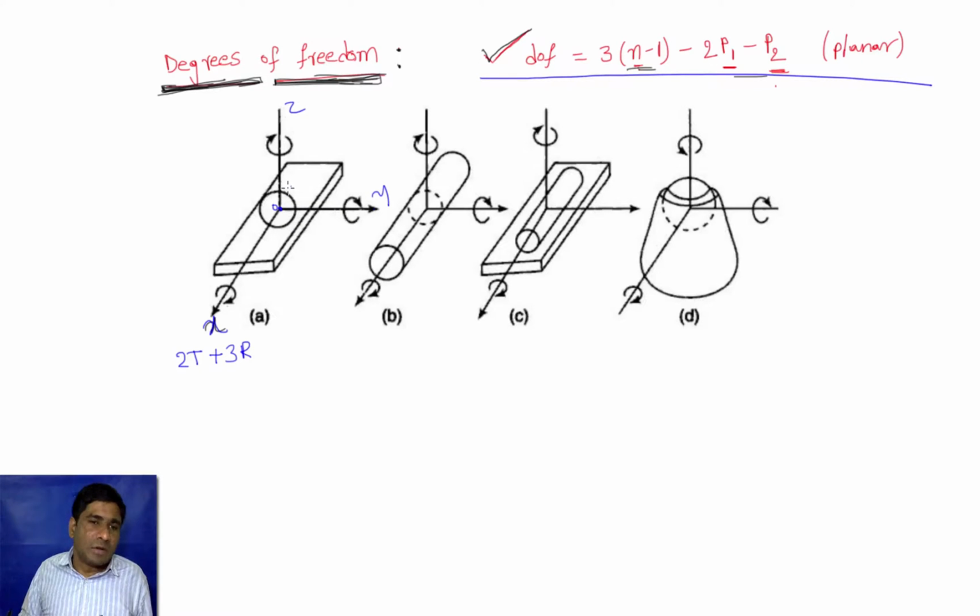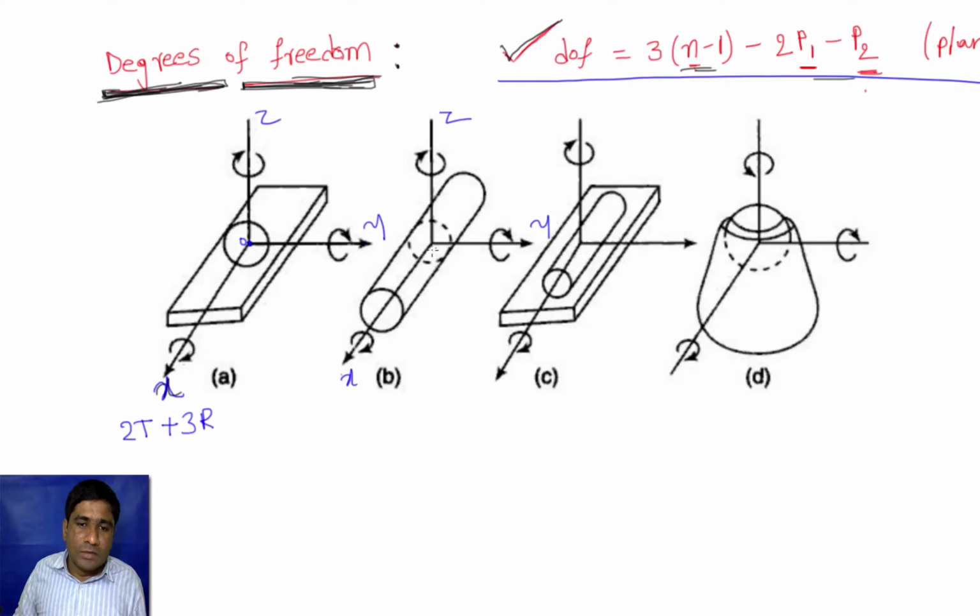So that is 5 degrees of freedom, and there is only one constraint, a translational constraint in the direction of the z-axis. And if you consider this example again, we have a sphere inside a hollow cylinder, and we would like to find out how many degrees of freedom it has. This sphere can translate only along the x-axis, because this is a hollow one. It can travel in this direction, but it cannot travel along the y-axis and the z-axis.